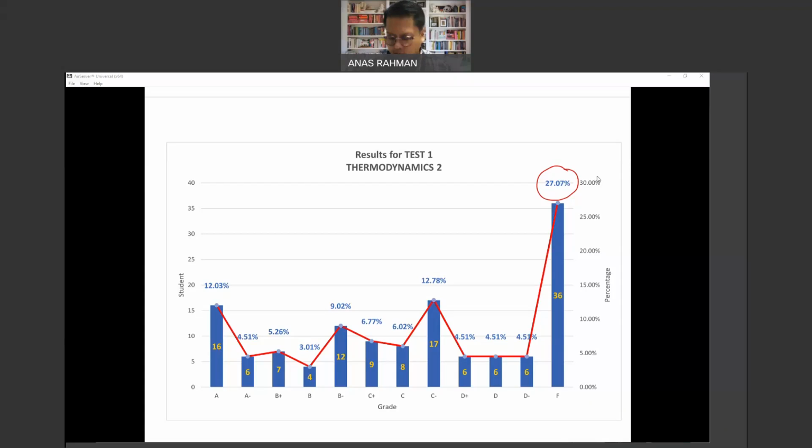So you might say, oh, test 1 is only 10%, so I still have time to study for the final. Usually, the tests are a good indicator of how you will perform in the final. The final is 60% of your grade. If this is the indicator, then those in this region should be really, really worried.